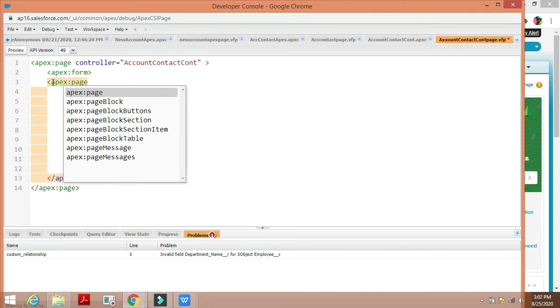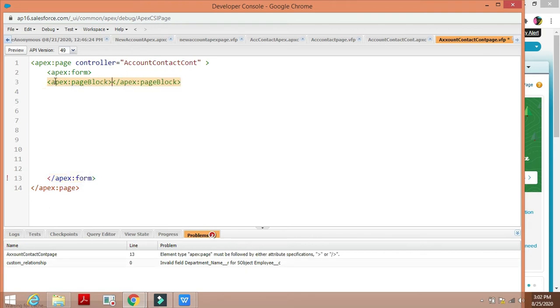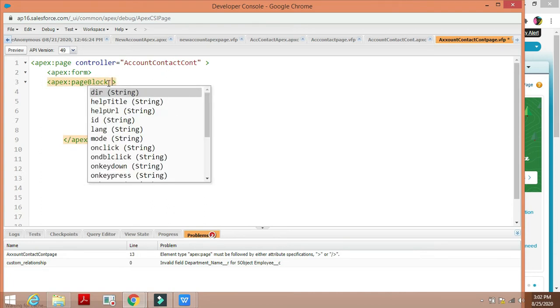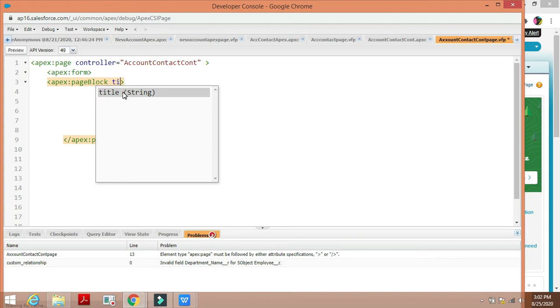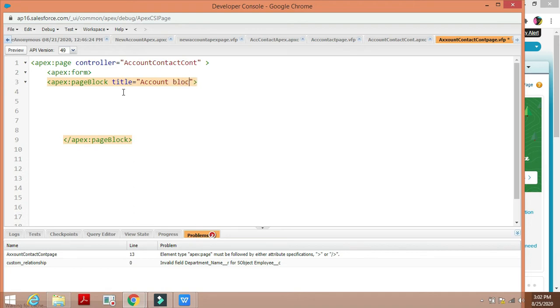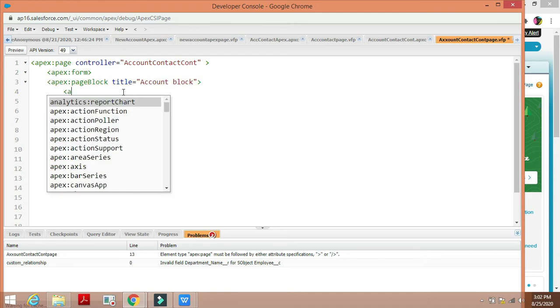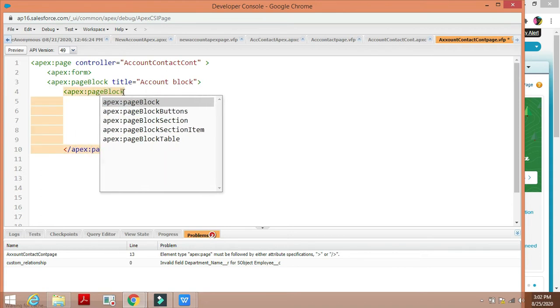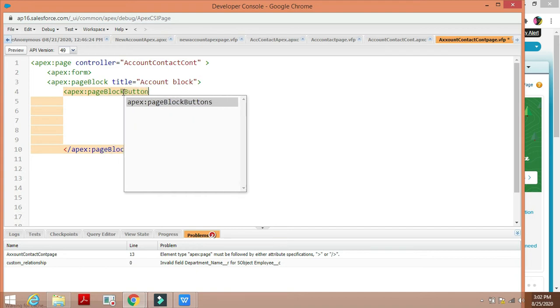We'll give the title as the account block. Then we'll include page block buttons. We'll give the location attribute as top, and then we'll use the command button for insert. Here we are not including any action attribute, so when we click on the insert button, it only refreshes the page.